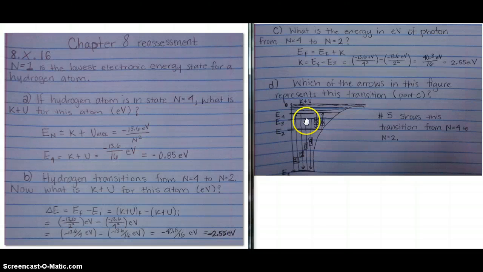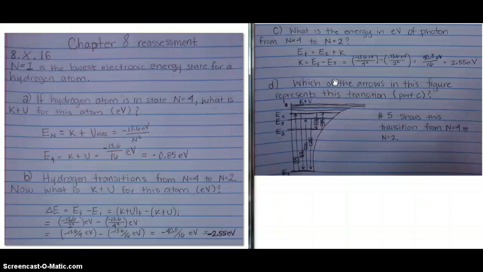Then in part C, it says what is the energy in electron volts of a photon from the energy state n equals 4 to n equals 2. So this is basically the same as part B, except for when the hydrogen atom went from the energy state of n equals 4 to n equals 2, it gave off a photon. So the photon now has an energy of 2.55 electron volts,